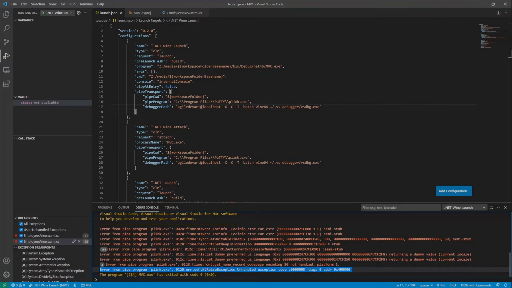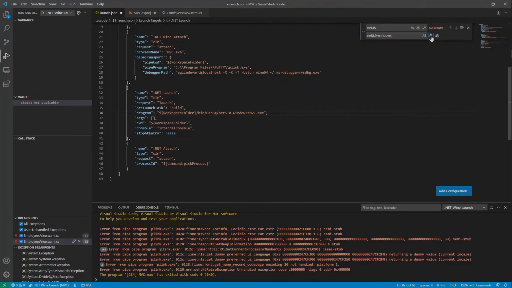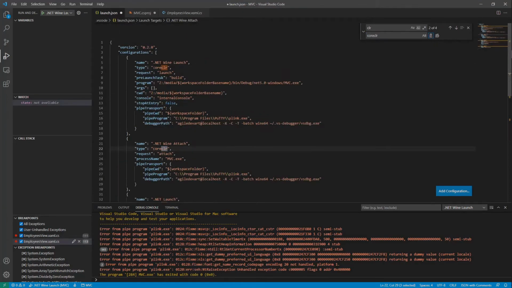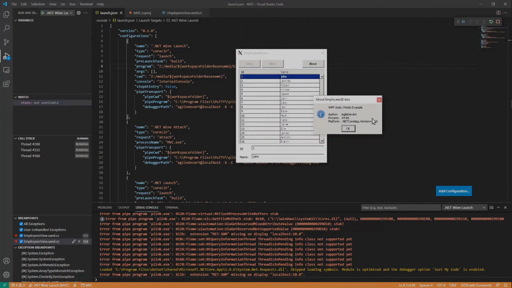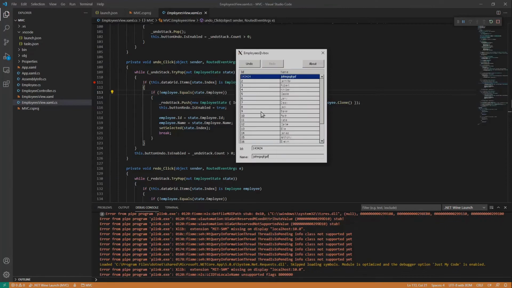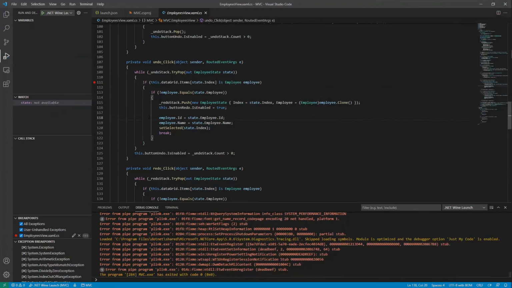It turns out it's .NET Framework related, so I switched the framework to a newer version, net5.0-windows. Adjust the configurations to match the new build path, and the type is coreclr now. If you try to launch, we see the debugger works now with .NET 5. Let's try a breakpoint. Works, and we have again all the debug information. So much about debugging in VS Code.